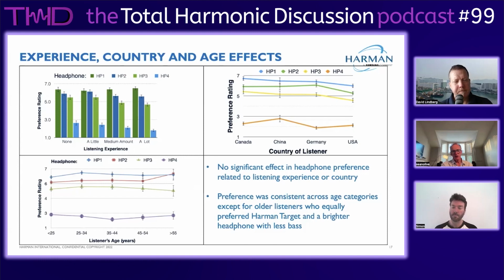The other thing, age was not really a factor either. Marketing thought maybe younger people like Beats because they like a different sound, and we'll get into that a little bit. But in this particular case, we're not really seeing that. What we're seeing is that for older listeners, HP2, which is the Sennheiser, they're rating that a little higher than younger listeners, and we think that's because it doesn't have boosted bass and it has more high frequency. So the relative balance is more skewed towards the high end, and perhaps this is compensating for some age-related hearing loss.